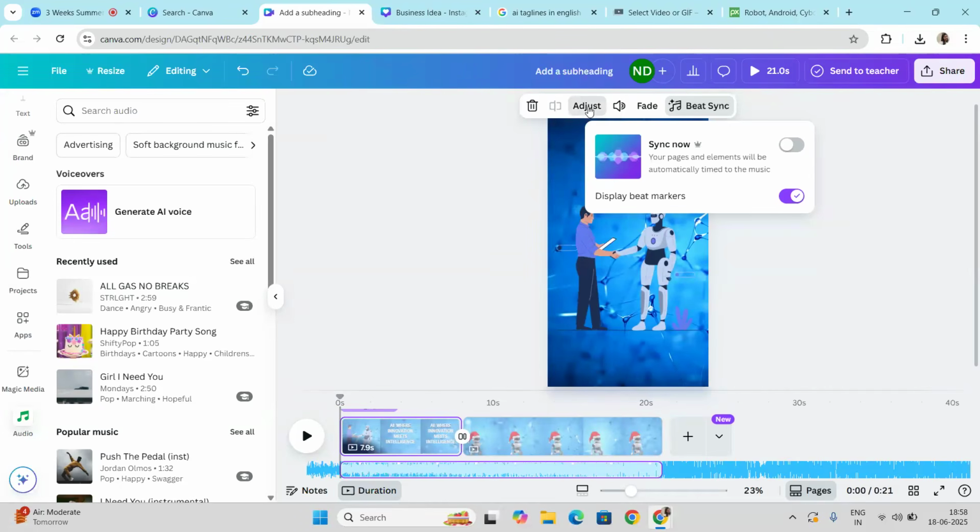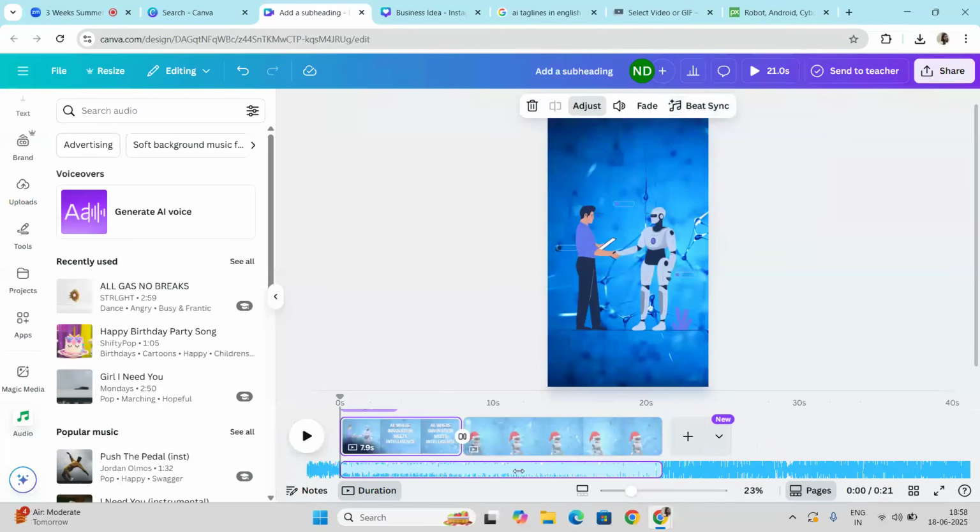While clicking on the adjust button, you can drag and take the specific part of the volume. So basically what happens when you add any music, it will automatically start taking it from the first beat, but you want to cut that entire part of the song and take a middle part of the music.